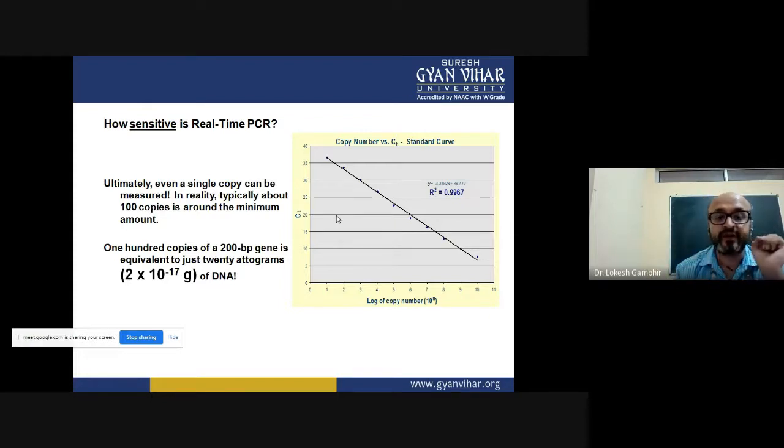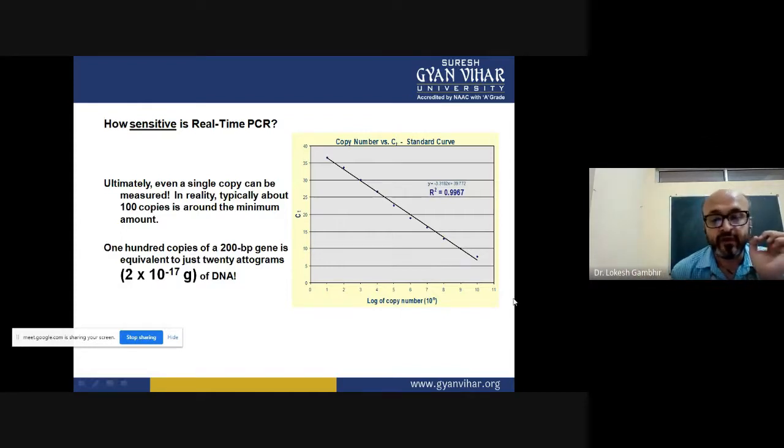So now what can I do? I can plot a graph. How can I plot a graph? See, I got the CT values and I know how many viral particles I added at the start of my experiment. So a graph is plotted. Since it's an exponential growth, you cannot plot it directly. If you want to reduce the exponential graph into a straight line, then you have to take the log.